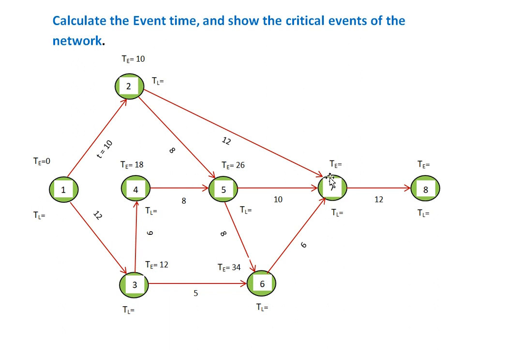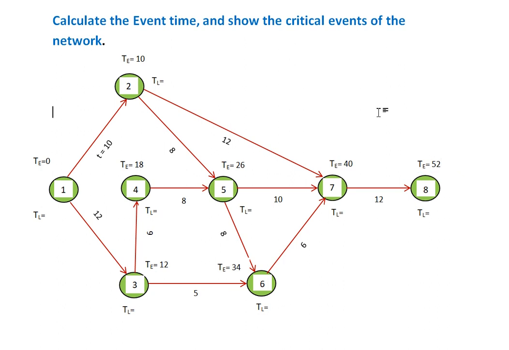So in that case we are getting 3 earliest expected event occurrence times. The larger one is 40, 34 plus 6, so here will be 40. And the last one, 40 plus 12, there will be one earliest event time, so this will be 52.